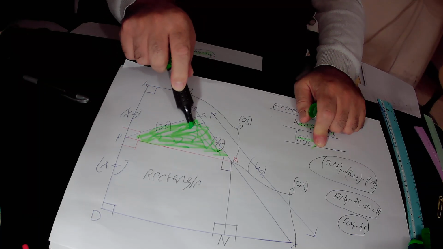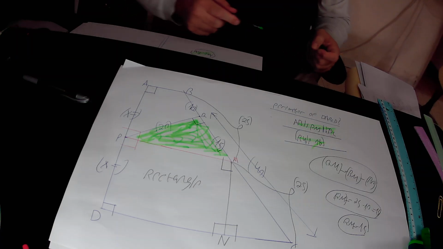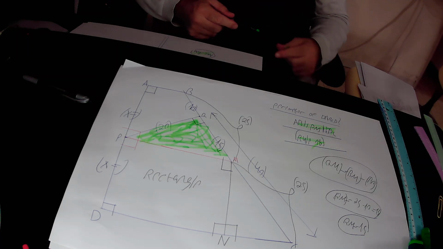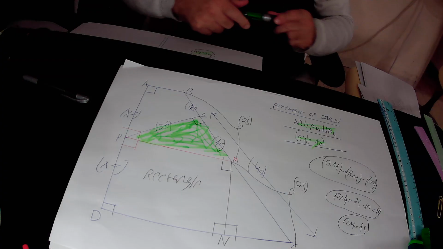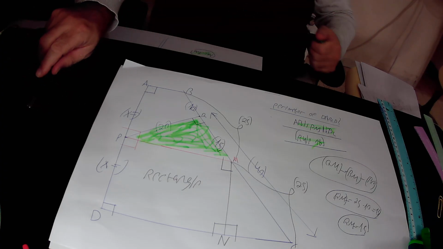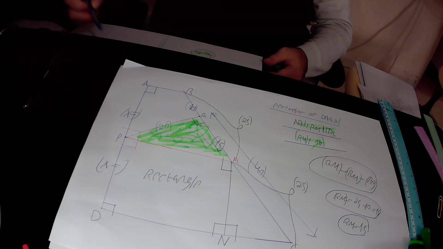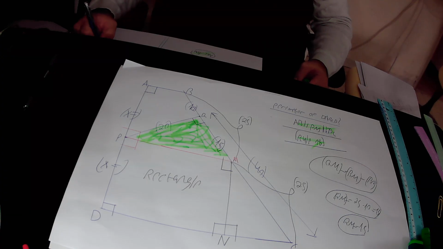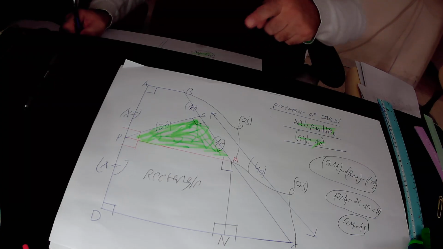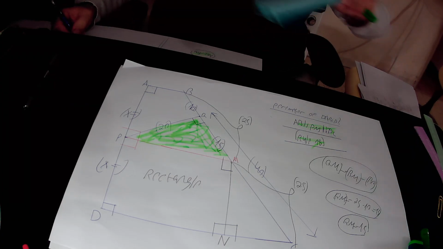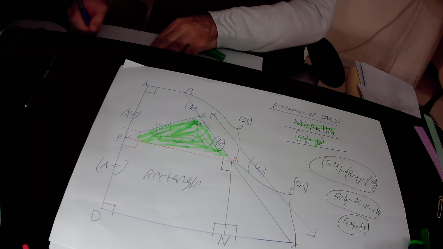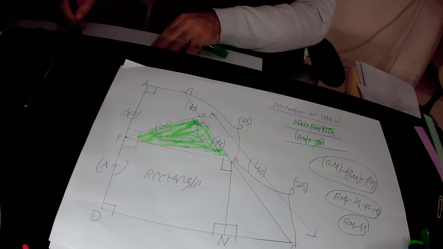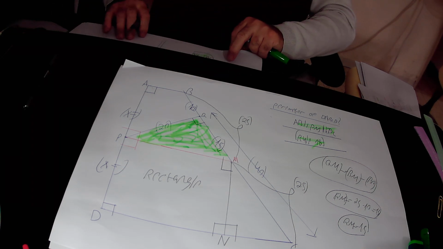According to the Pythagoras theorem, in any right triangle, the square of the hypotenuse equals the sum of the squares of the perpendicular sides. So in this right green triangle PQM, PM squared, that is the square of the hypotenuse,